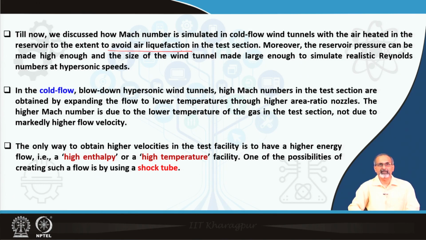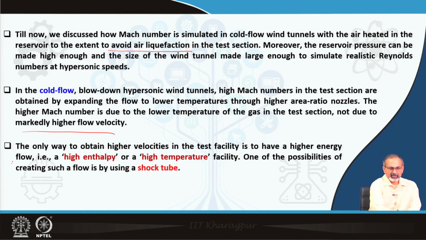In the cold flow blow down hypersonic tunnels, high Mach numbers in the test sections are obtained by expanding the flow to lower temperatures through high area ratio nozzles. The higher Mach number is due to lower temperature of the gas in the test section, not necessarily due to marked higher flow velocity. So, these are some of the points we have already mentioned, we are recapitulating them, and